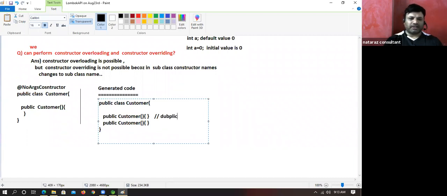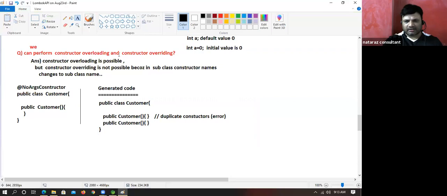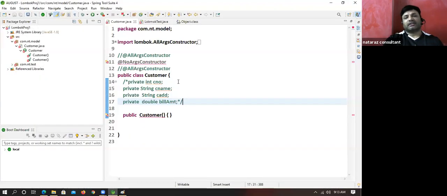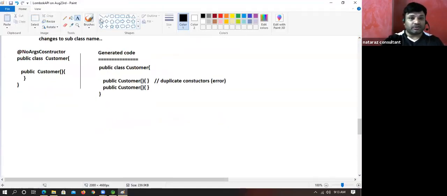Duplicate constructor. That's why the error will be generated. Are you understanding my point? Yeah, this is about the various permutations and combinations related to this.